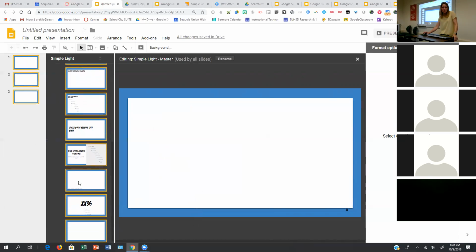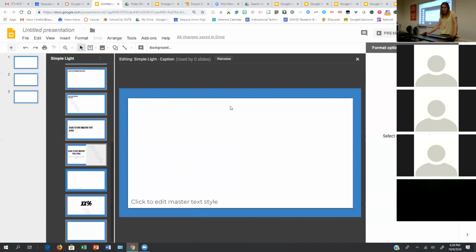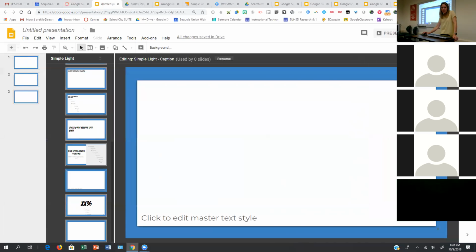So maybe if you wanted to add in something with some text over, this one is so far used by 0. You can pick any of them with the caption in there. And this is where you can add your image. Format options. So here I'm going to also show you, move this again.